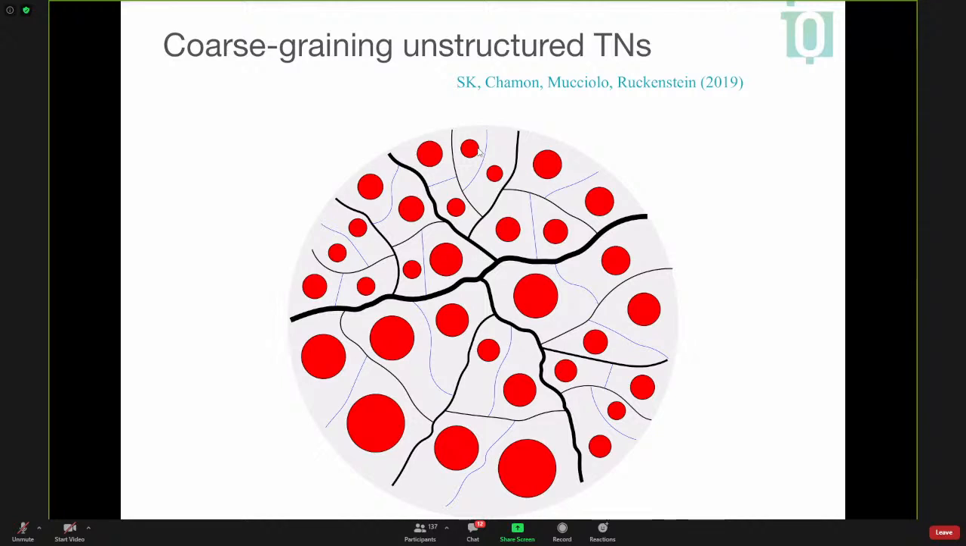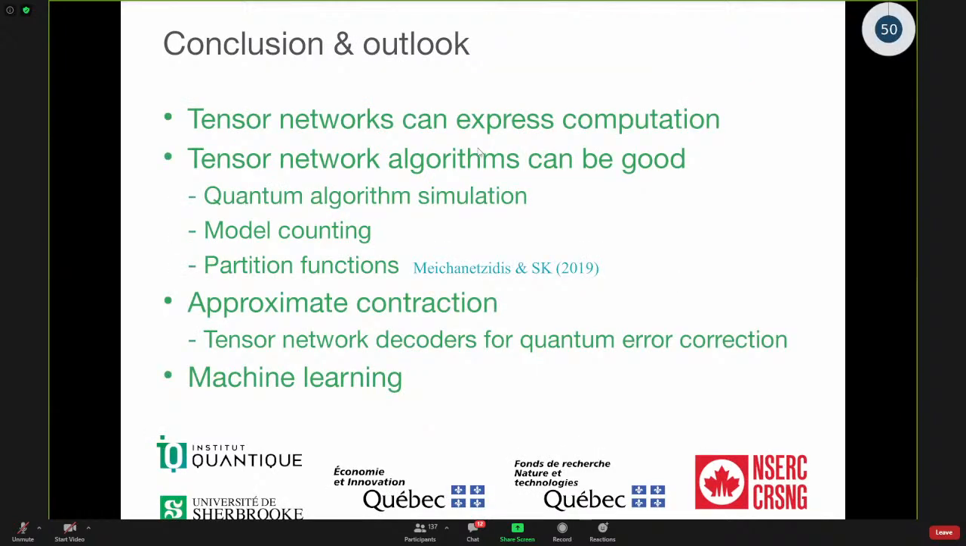Yeah. Also a good question. For this, I wanted to tell you one thing that is going on currently in my group. One thing that we are really interested in nowadays is doing contractions approximately in the cases where this can work. Going back to the quantum circuit case,